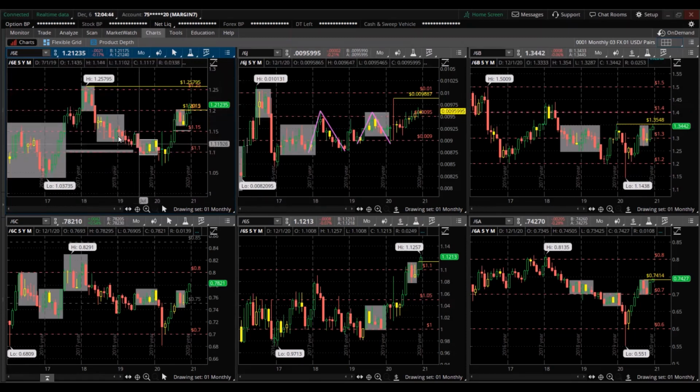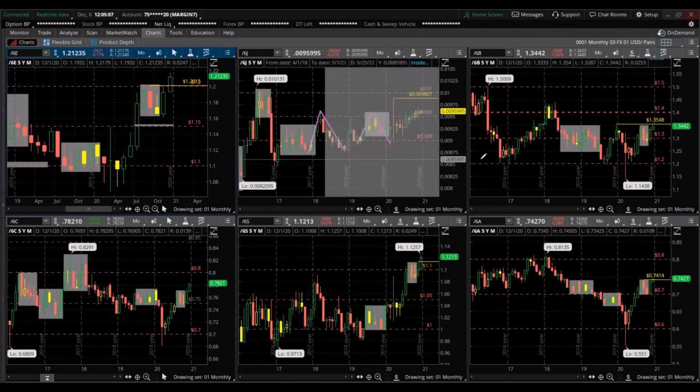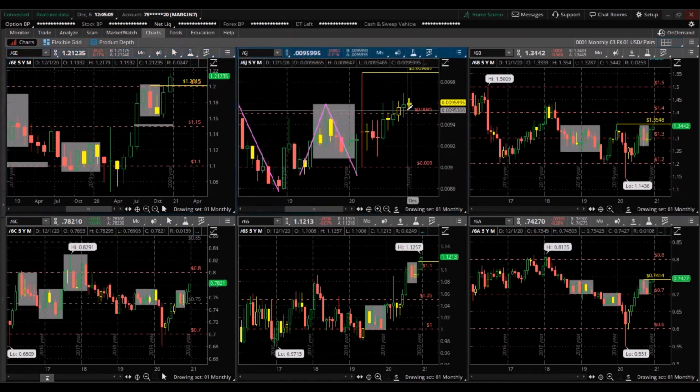The past 5 years, the low was 2017 and the high was 2018 for the euro against the dollar. Well, now for the year, we just broke out of this consolidation. The euro is trending higher. That's weakening the US dollar against the euro. Japanese yen, the high for the past 5 years was there, and the low was there. Look at that. We're trending higher. So that's a weaker US dollar.